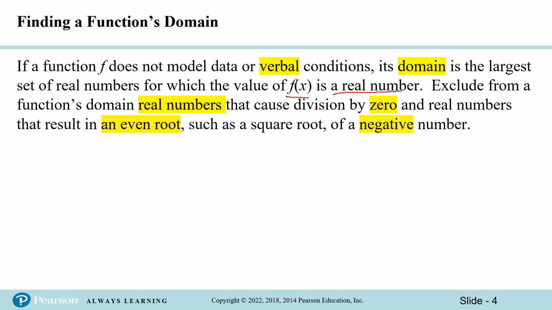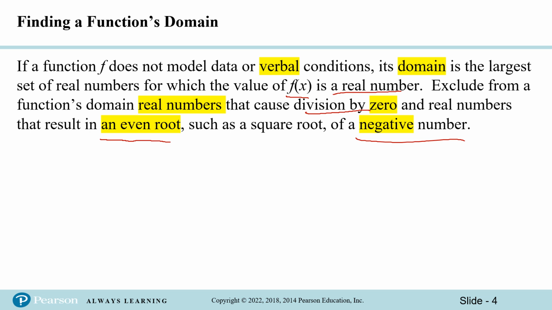What we do is exclude from the function's domain any numbers that cause division by 0 and real numbers that result in an even root of a negative number. So that's a really fancy way of saying you have to worry that the domain will be negative infinity to positive infinity,